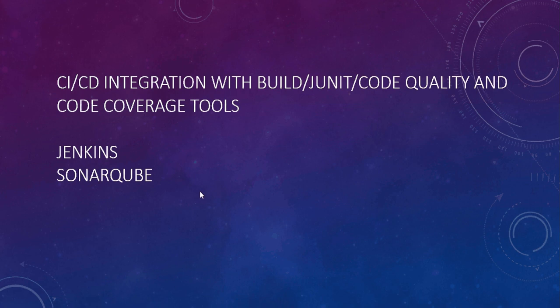So code coverage, how are you going to get it? You have to use the tools we have discussed, Cobertura, JaCoCo, or PIT test, and based on the language, you implement that as part of the CI/CD. That means you can use the build tool. In the build tool only, you can integrate these things. Once JUnit is done, you can get the code quality. Once code quality is done, code coverage will come. Once the code coverage is also done, then this complete development life cycle you can put into the CI/CD process, where you take the help of the build tool, either Gradle, Maven, or Ant.